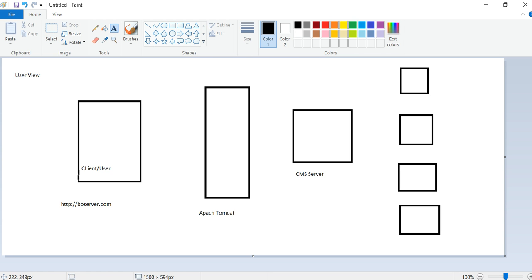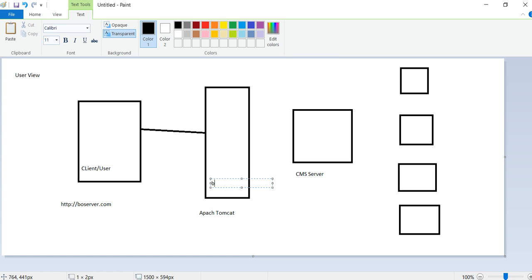Then that server will redirect to Apache Tomcat. This address belongs to the Apache Tomcat server. Whatever address you see in the address bar is the address of the Apache Tomcat server. So this is your BO server, which is the Apache Tomcat server.